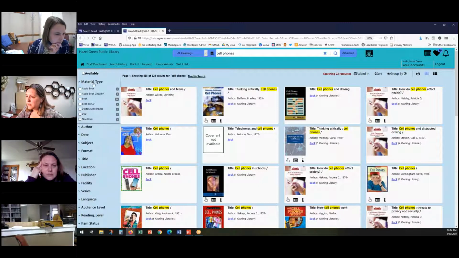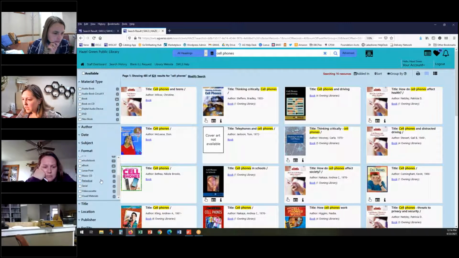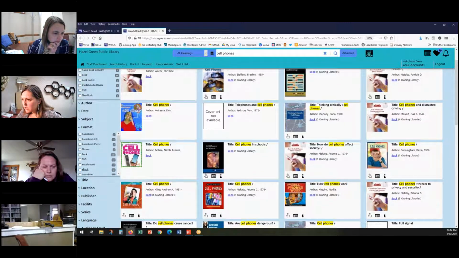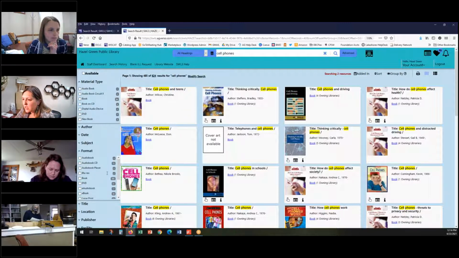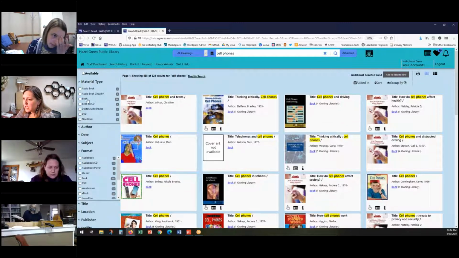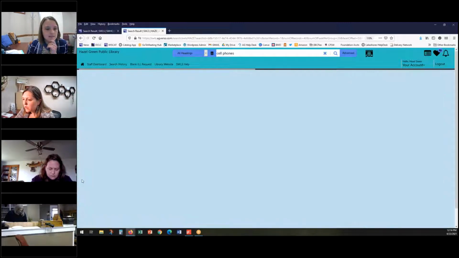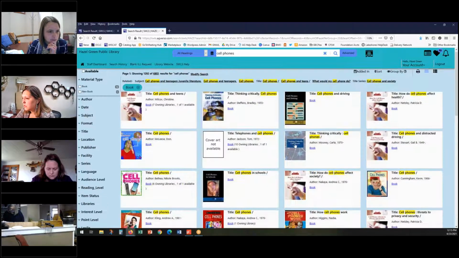No. Well, this material type, yes. But if you use format, you should have better luck, I think. It's still searching, but I typically use format rather than material type, because material types are things that we indicate, whereas a format comes from the record. So you'll see that here, book has 84 records, but book in format has 360 records. So if we choose in the format section,